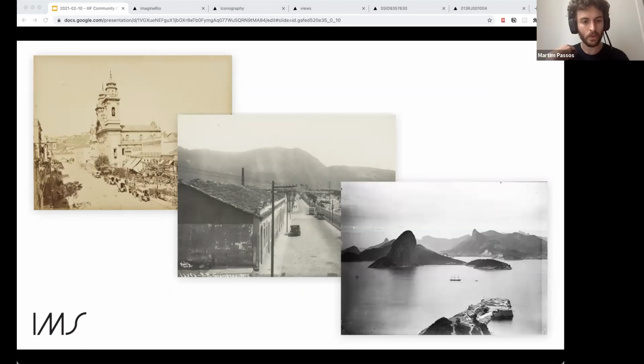IMS is where I actually work at. We are a cultural, non-profit cultural institution based in Brazil, in 3 cities here. And we have collections spanning 5 areas: so music, iconography, literature, photography, and contemporary photography. And one of the gems of our collection is this large collection of 19th and early 20th century photography in Brazil,